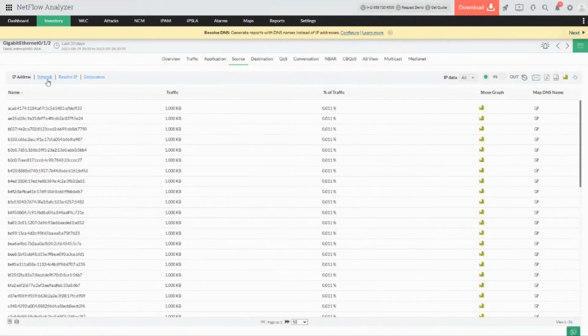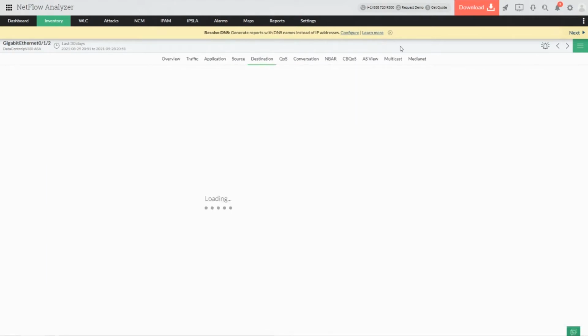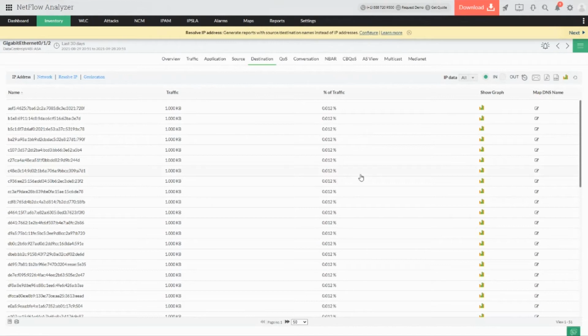And also I have the option to switch between network or IP address or the geolocations to understand how the traffic utilization is happening with respect to this particular source. And likewise, in certain cases, we'll have options where the destination also has to be noted down, because the source is triggering, the source is actually trying to fetch more data or use the bandwidth.